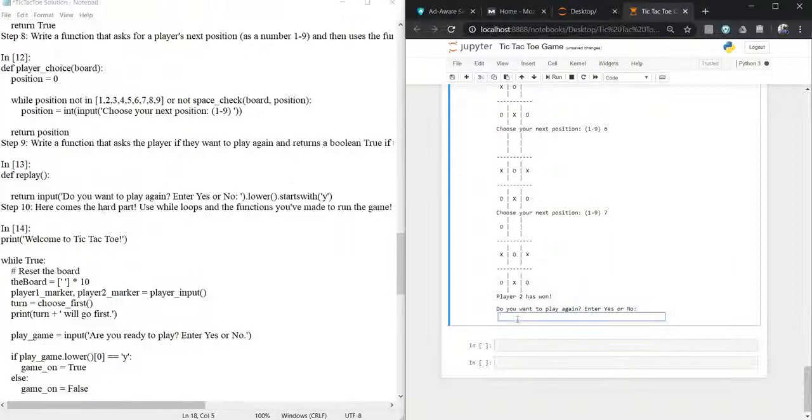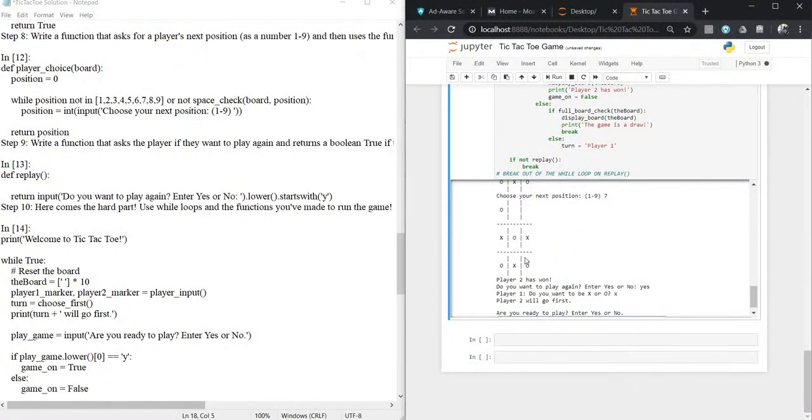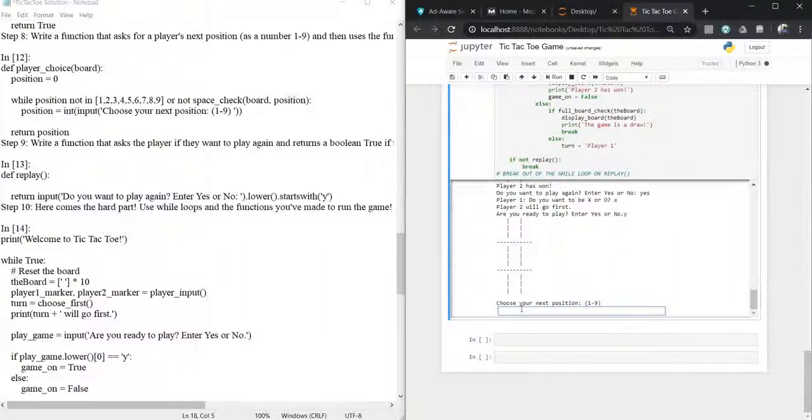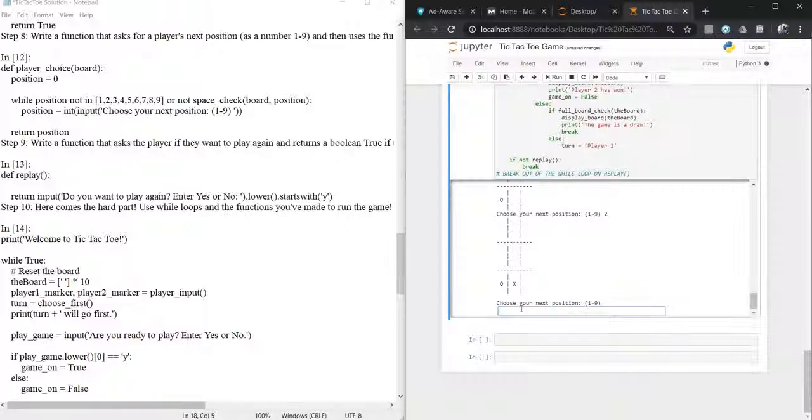So we will check again. Let's suppose yes. What do you want to be? X. Are you ready to play? Yes. So choose your next position. We will now check the condition of a draw match. 1, 2, 3, let's suppose 4, let's suppose 6.